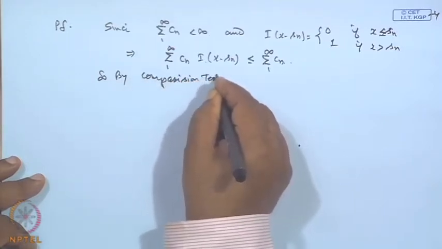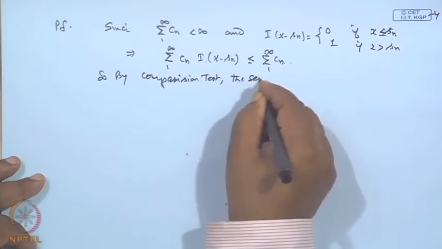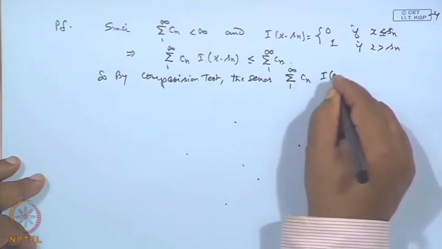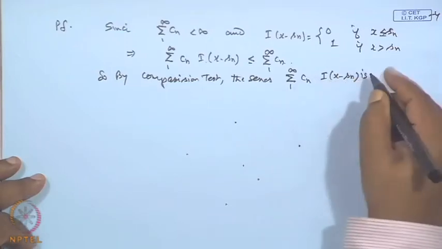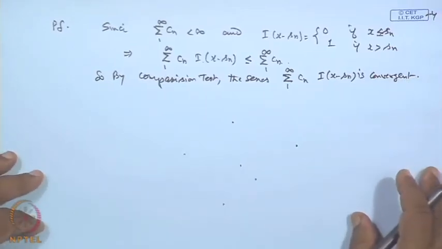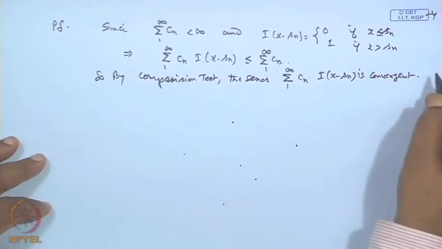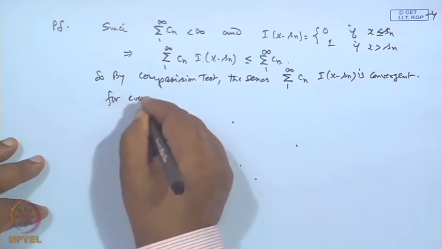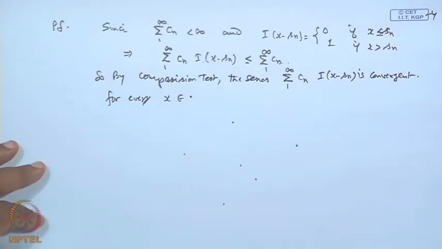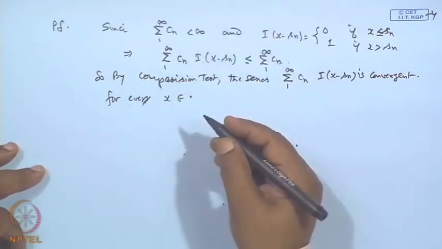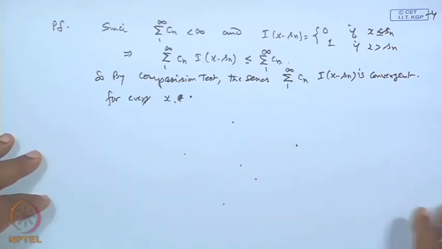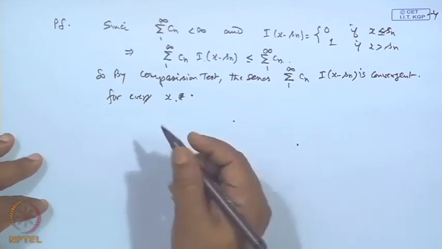the series sum from 1 to infinity of C_n I(x minus S_n) is convergent. That is the first thing you get, and it is convergent for every x, for every x belonging to the interval [a, b]. Here, of course, we can choose the real line also, for every x. Okay. Now, let us take the